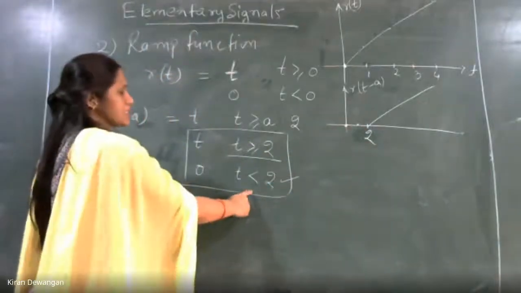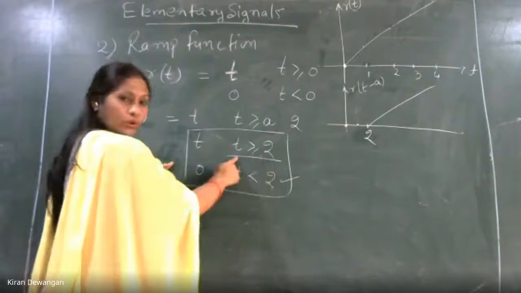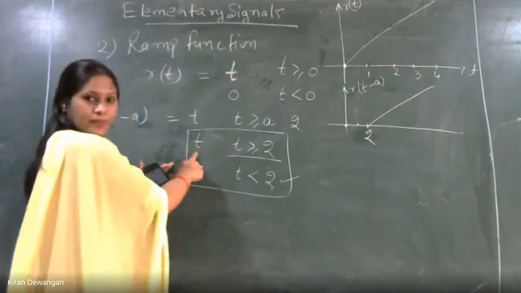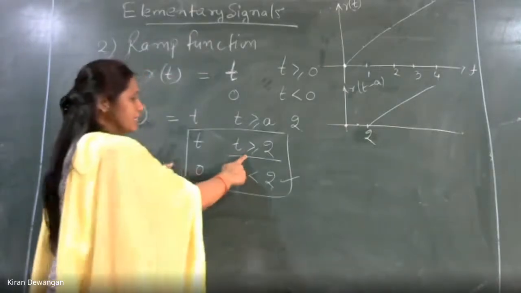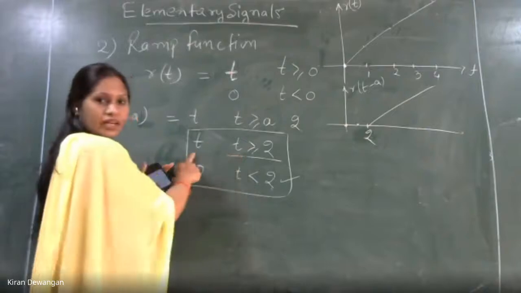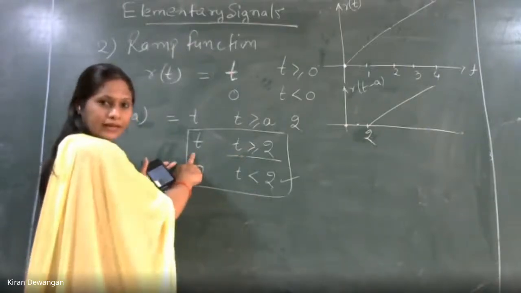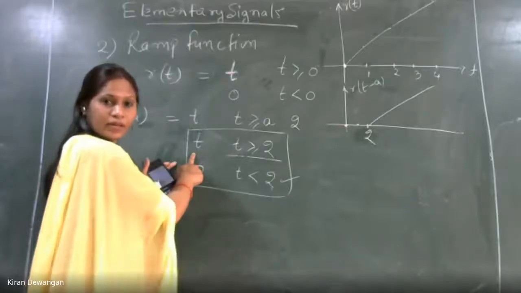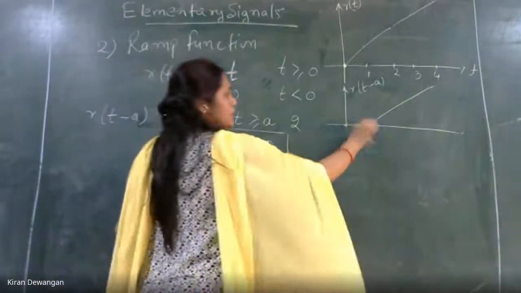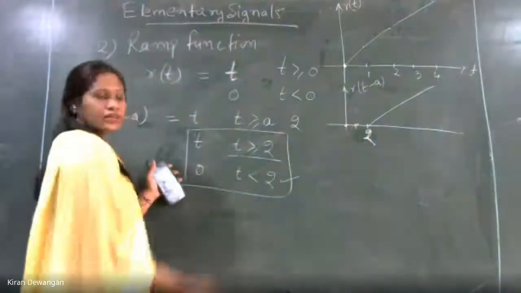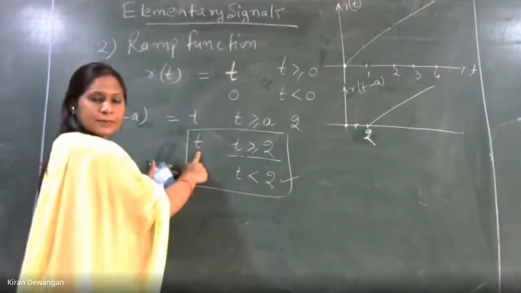And when t is 2, अगर t 2 है, it should be 2, correct? It is t greater than or equals to 2 है. So जब 2 है, तो यहाँ पर भी ये 2 होना चाहिए, t plus 2, right? What I am saying is, are you getting my point? When t is 2, मतलब ये 1 पोजीशन है और ये 2 है, तो यहाँ पर क्या होना चाहिए? मैम 0. ये 0 होना चाहिए.